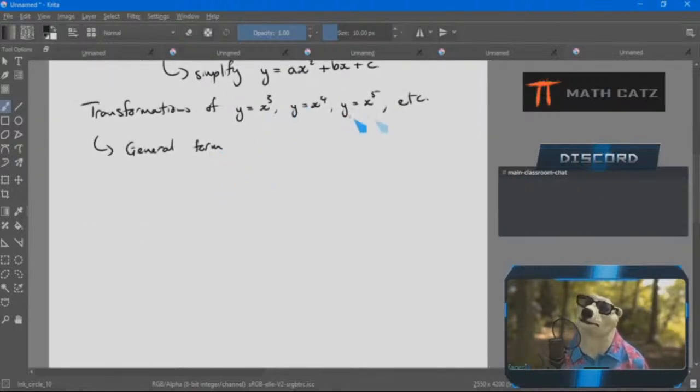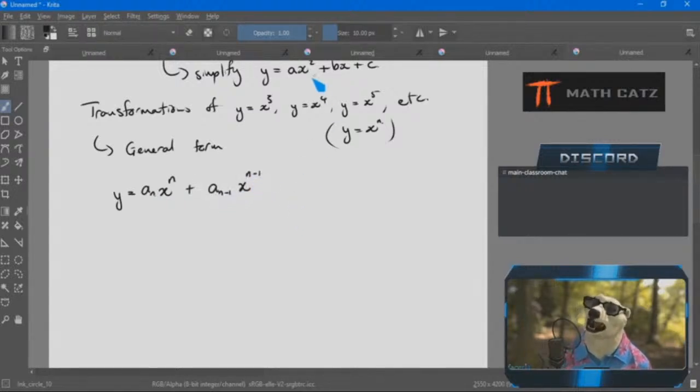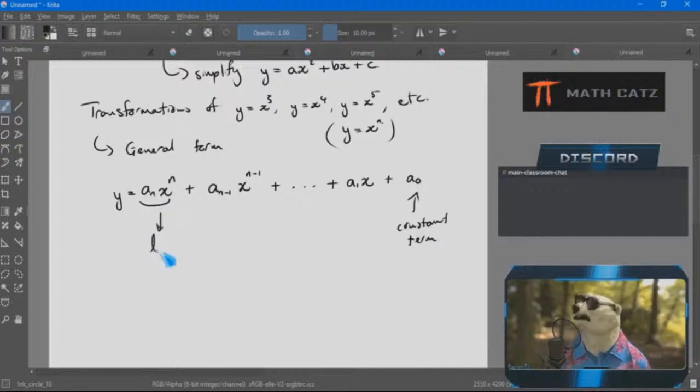But in general, let's suppose we work with y equals x to the n. Don't know which one. It could be any one of those. So my general form then is going to be the highest power is x to the n, and I'm going to have a number in front that I'll call a sub n. Then I could have another number as the coefficient of the next power down, and that can go all the way to the coefficient of x and just a number on its own called the constant term. This guy over here is called the leading term,